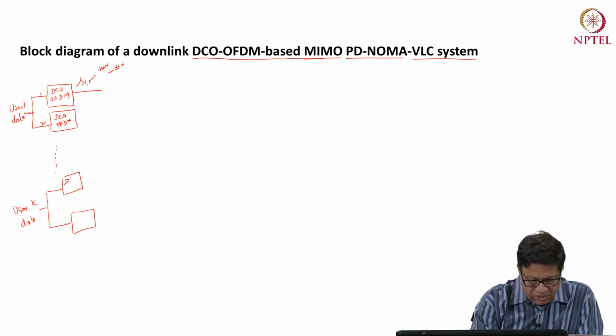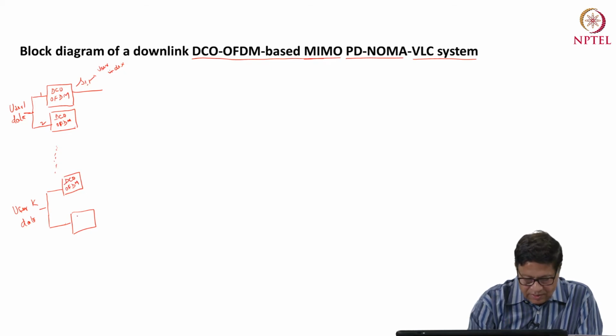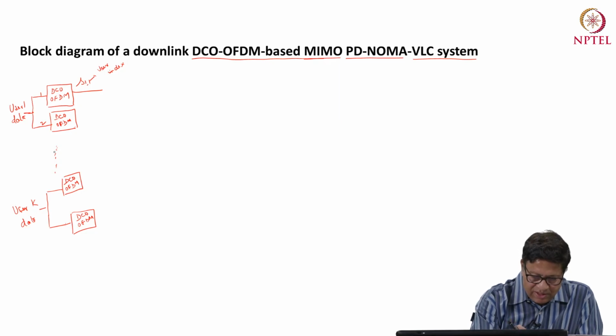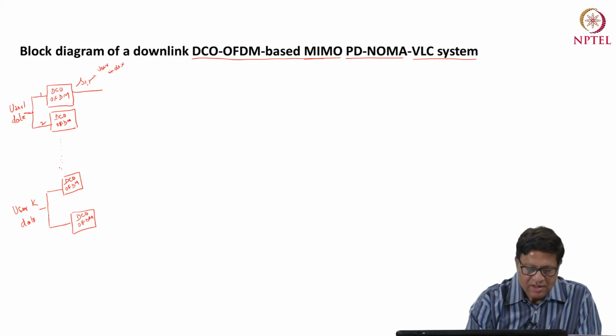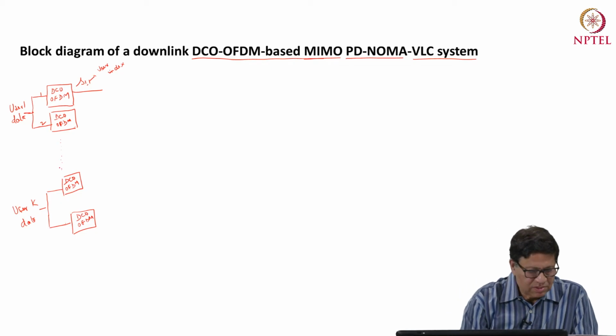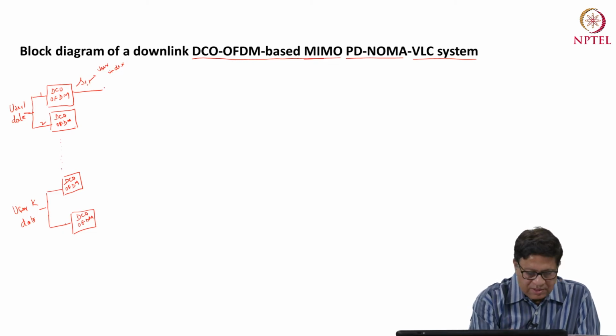And there are in between other users. So we are drawing the first user and the kth user. So there are other users also. So this is S11, and this data